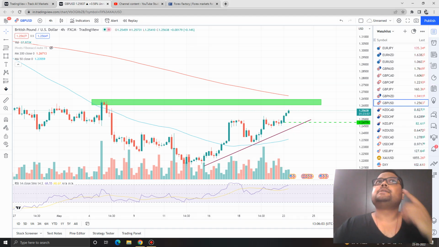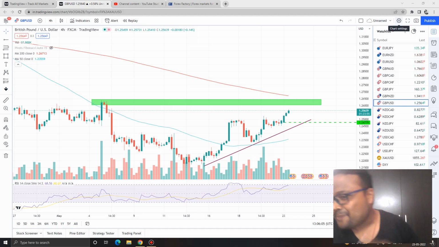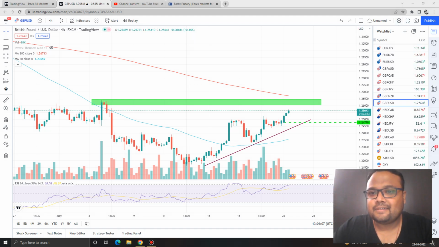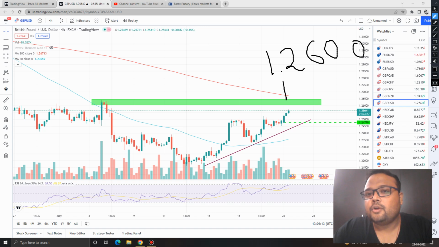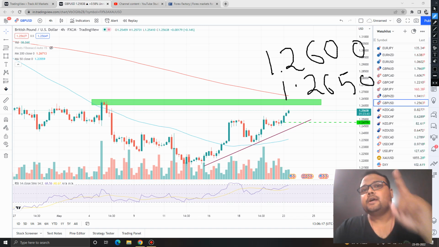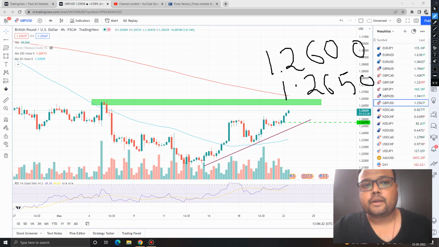The first trading opportunity may be around this level, 1.2600, 1.2650. This can be your first trading opportunity. Why? Because previously we have witnessed selling pressure around this level. So this is a resistance,